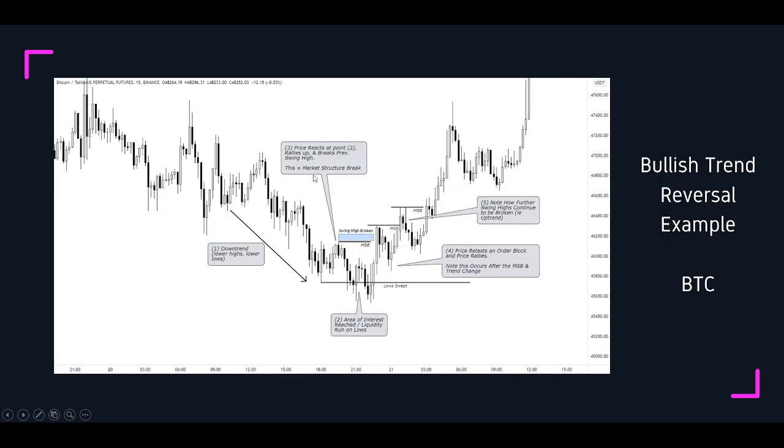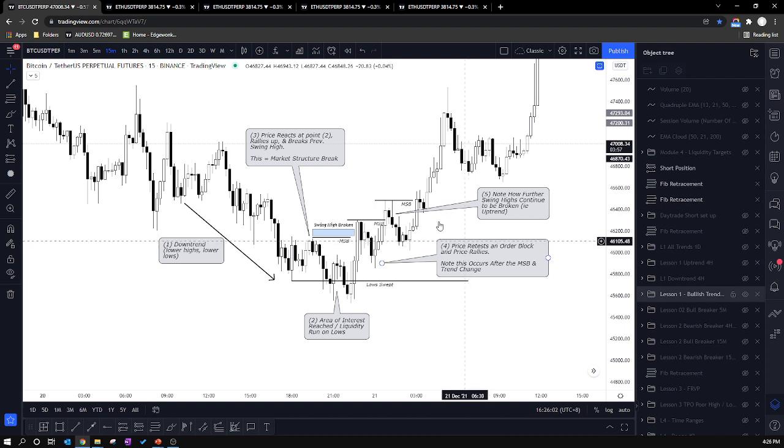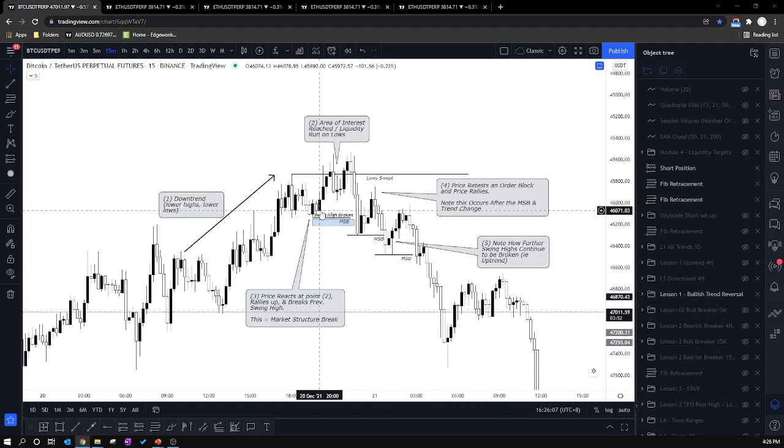We'll actually just go and take a look at this because we are expecting to have a look at that one. Get rid of this guy here, and that's a bullish trend reversal here. So now look at this. If we just right click, invert scale, you can see